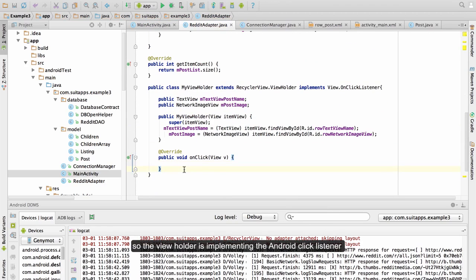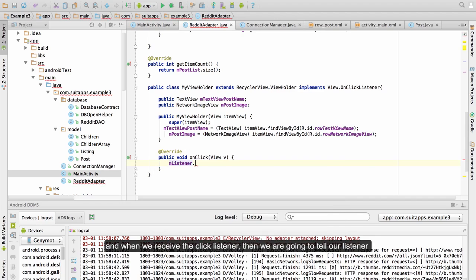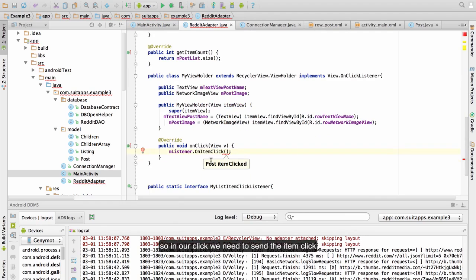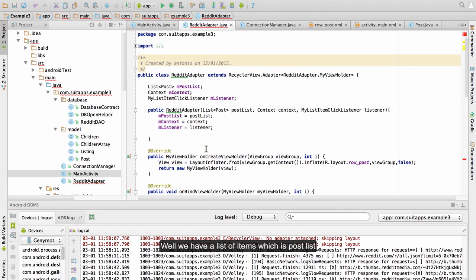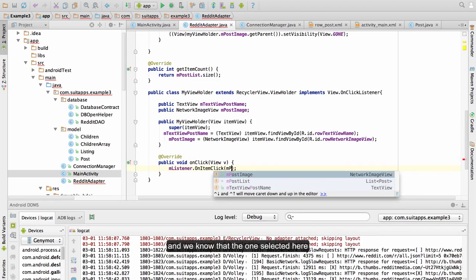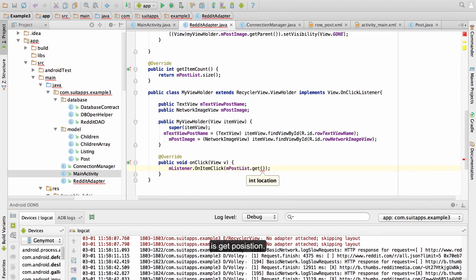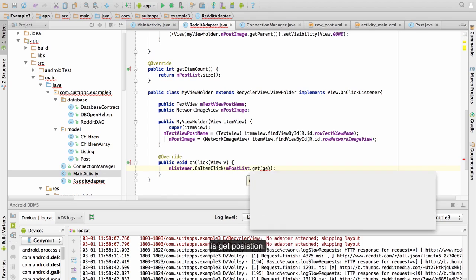So the view holder is implementing the Android click listener, and when we receive the click, we are going to tell our listener that we have a click. So in our click, we need to send the item click. How do we know this? Well, we have a list of items, which is post list, and we know that the one selected is at getPosition.